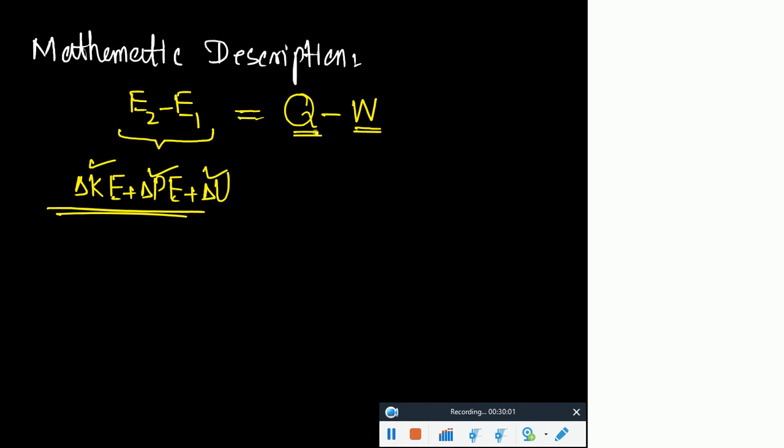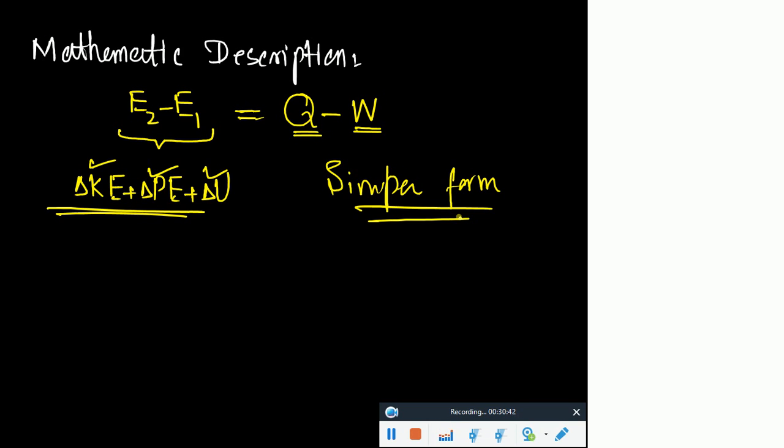By the way, this is again a simpler form, I would say. What is the actual form? I may talk about that later, so that it does not cause any confusion at your end. But remember that if you have some system and you notice some change in its energy content, may it be kinetic energy, potential energy, or some other internal energy, that is due to the heat interaction of the system with the surrounding and the work done by the system on the surrounding, or on the system by the surrounding, right?